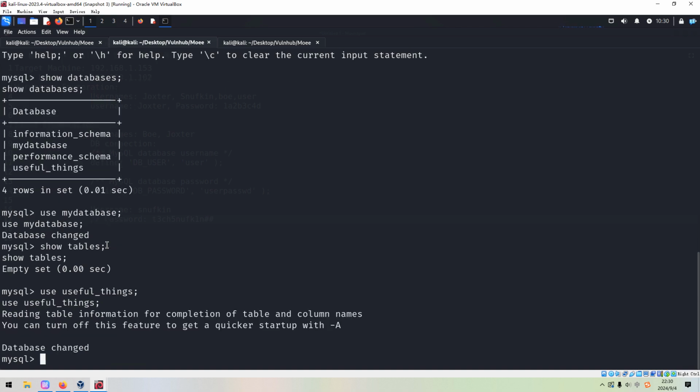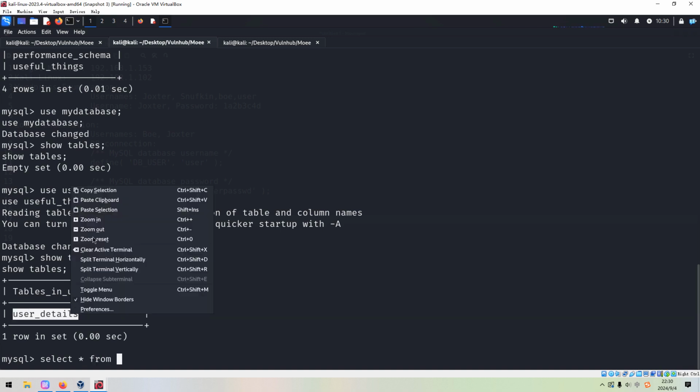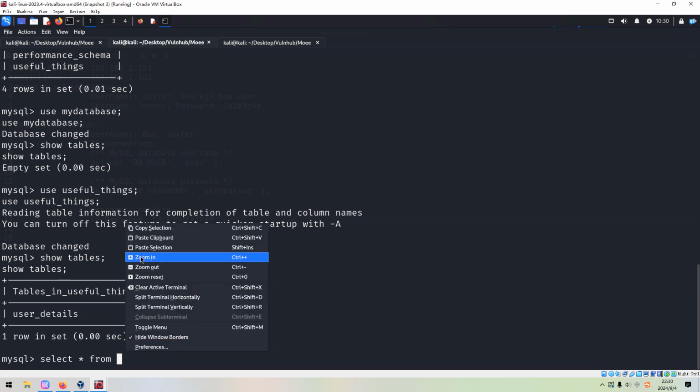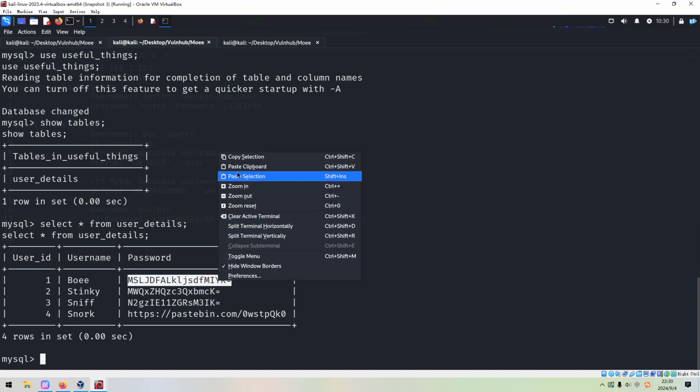I think we can get something from this database. Show tables, and then we can select from user details. Okay, and there are some usernames and also passwords, and we can copy.